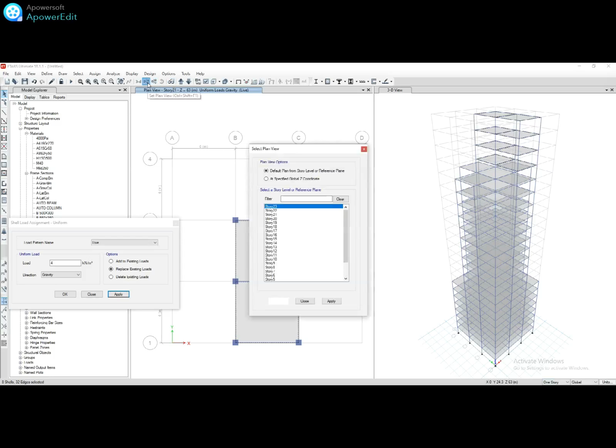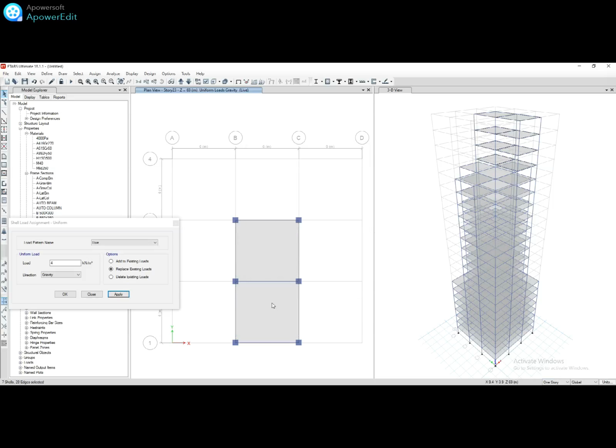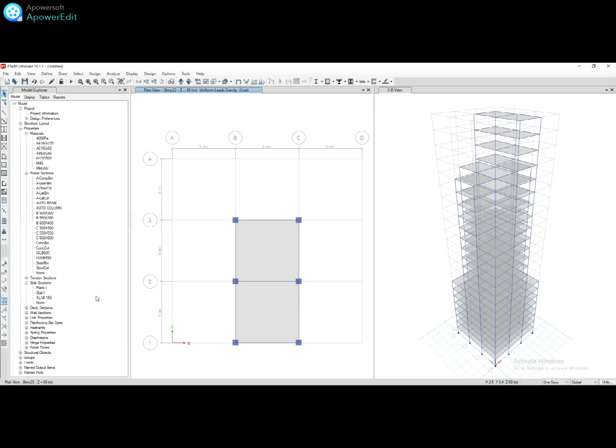So that's why deselect the terrace. Okay, and assign live load here 3.5 kilonewton on the remaining slabs portions, and just click on OK for exit. After assigning the live load and dead load, now this is the time